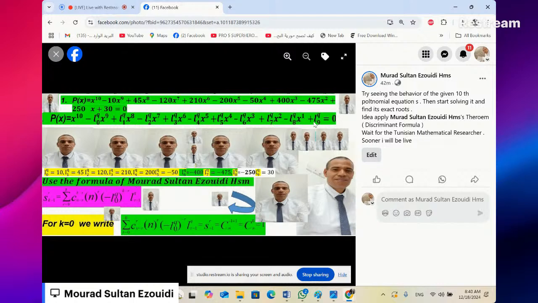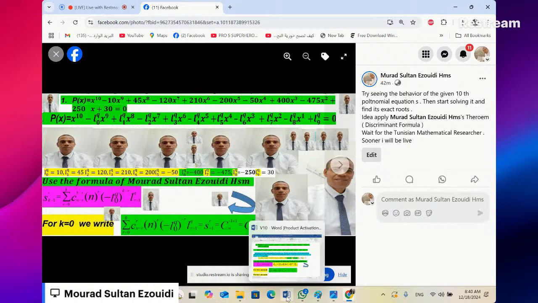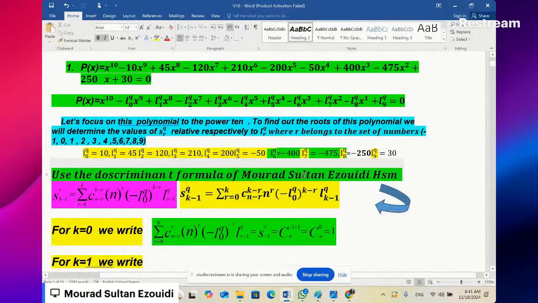Now, we are going to go immediately to the course. This is our polynomial to the power 10. Let's see the first example. Let's focus on this polynomial to the power 10. We want to find the roots of this polynomial, learners. We should determine at least the value of S r upon q relative, respectively, to L r upon q, where r ranges in the set of numbers